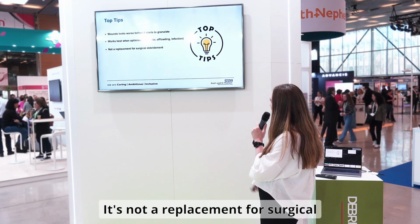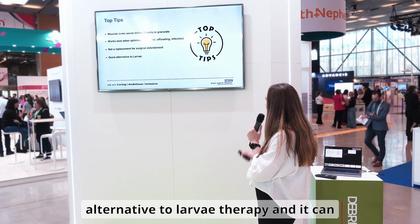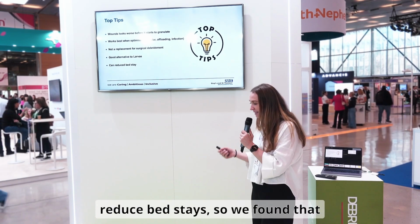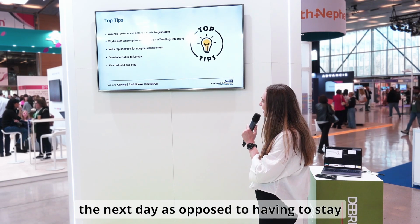It's not a replacement for surgical debridement of a wound, but it is a good alternative to larvae therapy, and it can reduce bed stays. So we found that patients we applied it on could go home the next day as opposed to having to stay in hospital